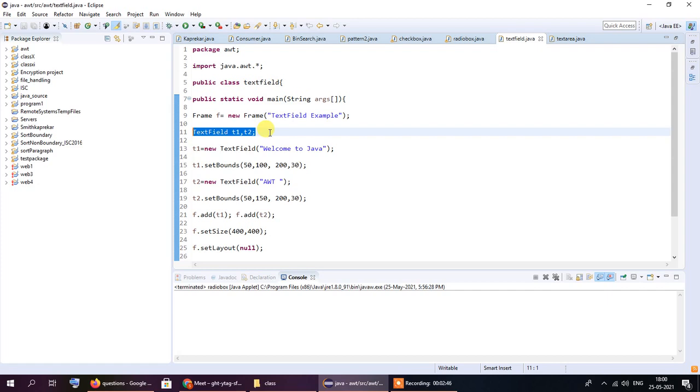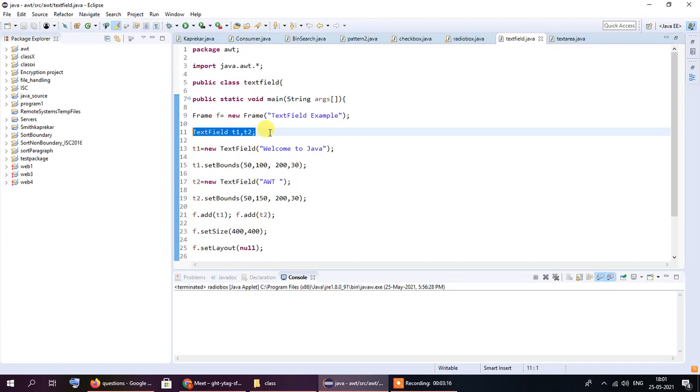So you can see that t1.setBounds 50, 100, 200, 30. The first two values, 50, 100, control the x y coordinates of the frame where this first text field will be displayed. And after that there is the width of the text field, which is represented by the value 200, and the last one in our list is 30, which corresponds to the height of the text field.